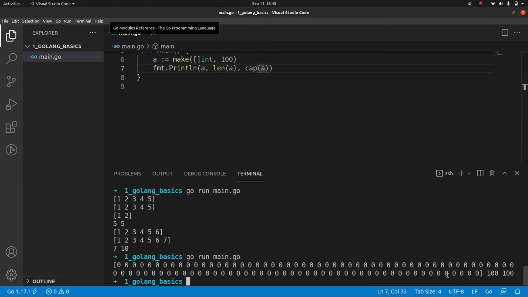You can see that it has 100 elements, so default values are added to all the elements. It's actually an array, right? The length is 100 and the capacity is also 100. So this way we can access elements. We can actually use indexing for this kind of slice. You can see we can put values like this,